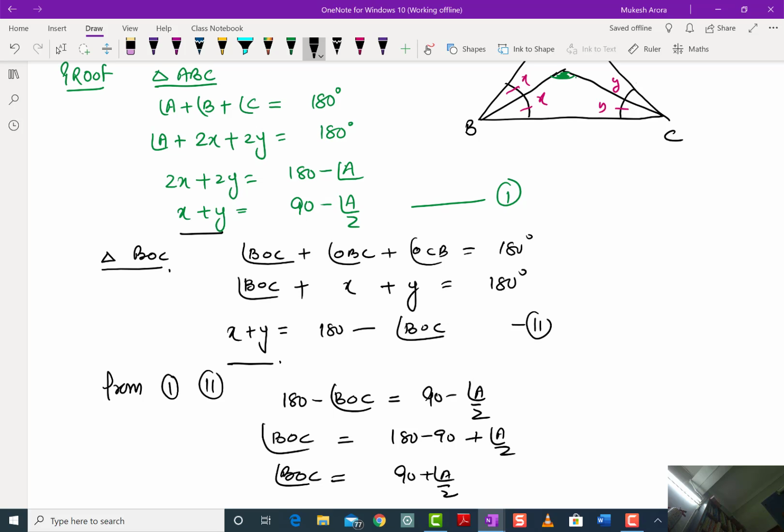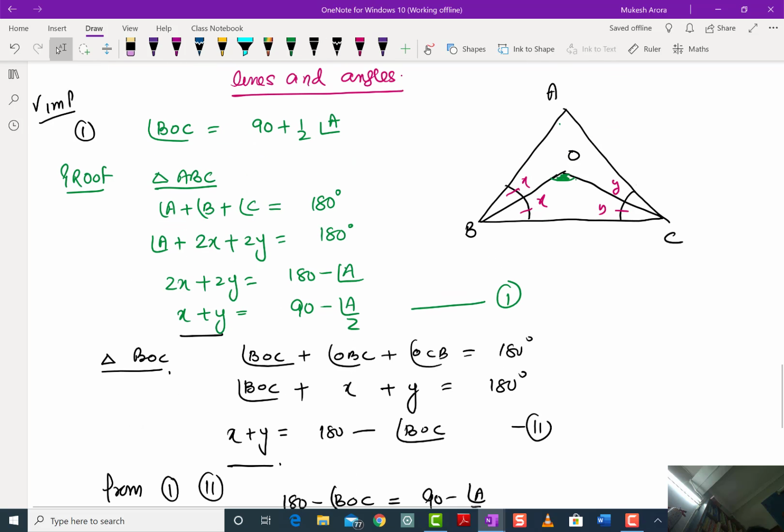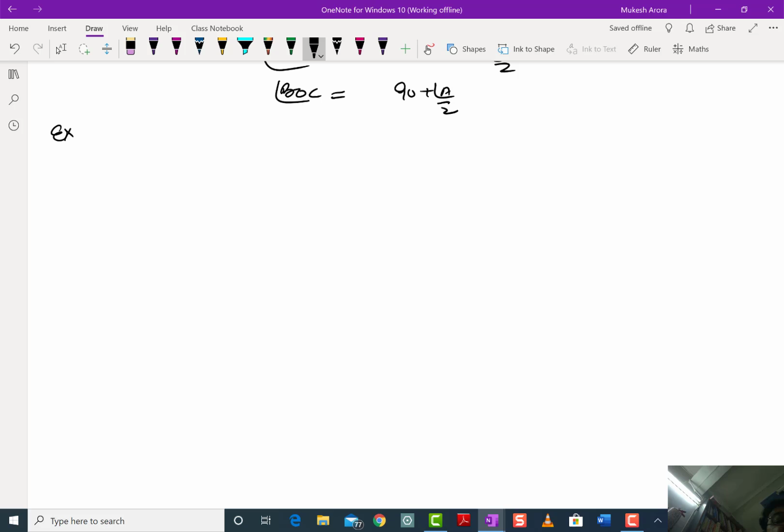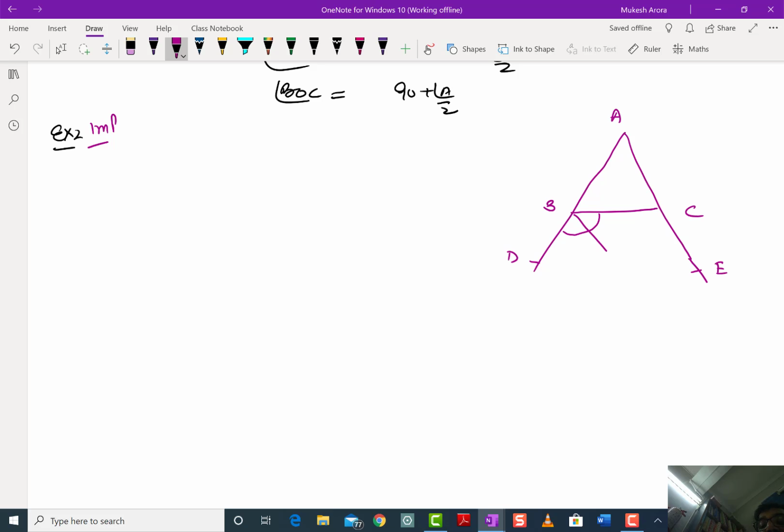So you will see it twice. It's very simple. From the small triangle and the bigger angle you have to find x and y and then resubstitute. Example 2. This is also equally important. In triangle ABC, the bisectors of the exterior angles meet at O. Bisector, this is x, this is x, this is y, this is y. Prove that angle BOC is equal to 90 minus half of angle A.